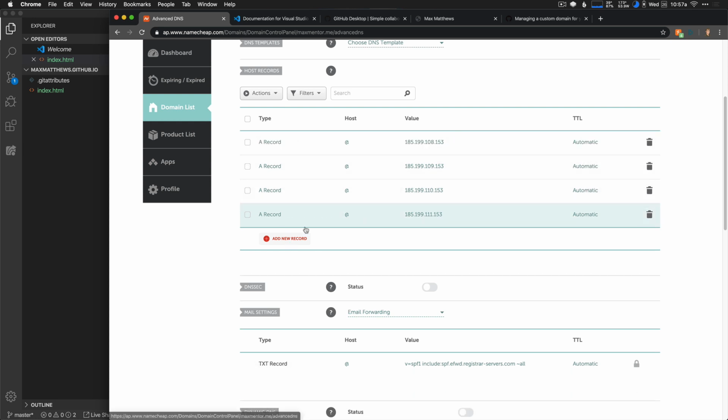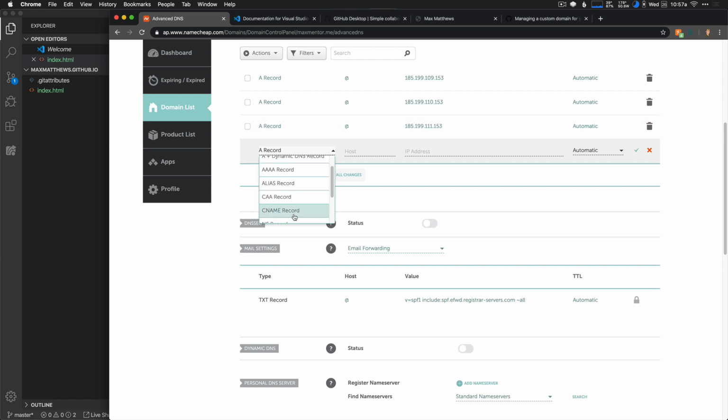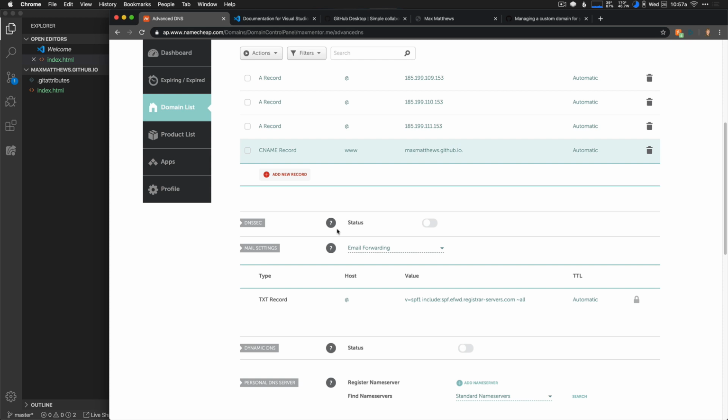Now, the final thing we're going to do is set up a CNAME record. A CNAME record is, instead of using an IP address, it's going to use another domain name and forward it over. So it's always good to, in addition to setting up your root records, which are, again, no subdomain, just going to maxmentor.me, we also want to set up www, because a lot of people still type that in before going to a website. So we're going to use a CNAME, and the reason why we're using a CNAME, again,